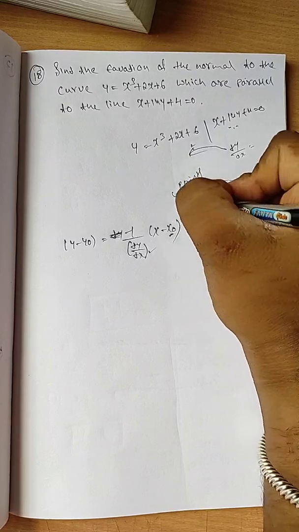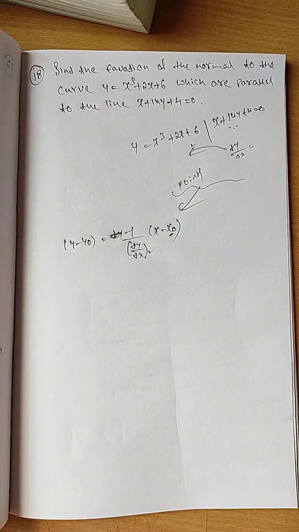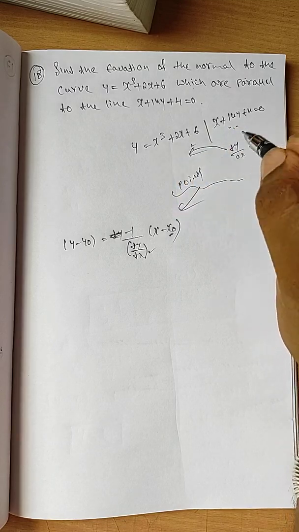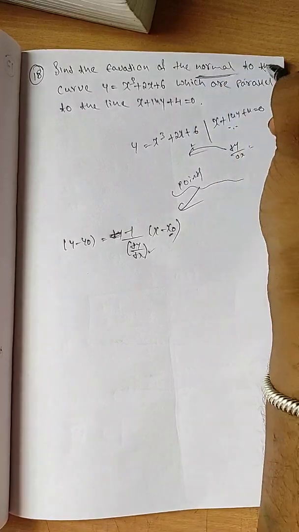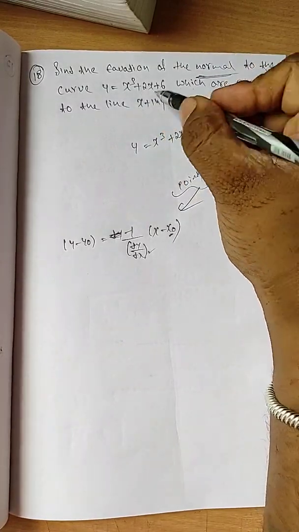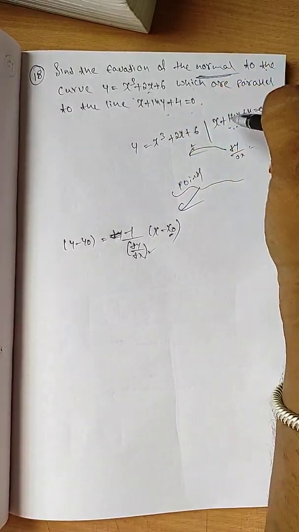Substitute all those things in this, you get the equation of a normal. Is it clear? So this is how you want to solve this problem. Once again I am repeating, just listen here. You want to find the equation of a normal to the curve and parallel to the line. So this is a curve and this is a parallel line they have given.